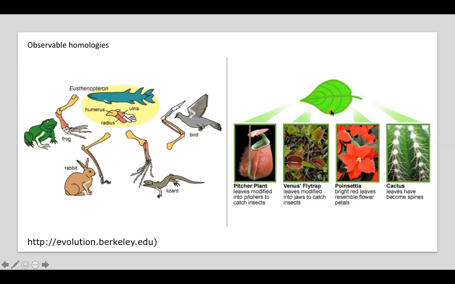In the same way, when we look at plants, this is a stereotypical drawing of a leaf, but there are so many different adaptations of leaves, different types of leaves. So this is a leaf as we might draw it if we were going to draw one, but these are all adaptations. These are all homologous structures basically, but they have been modified to have different functions. Okay,